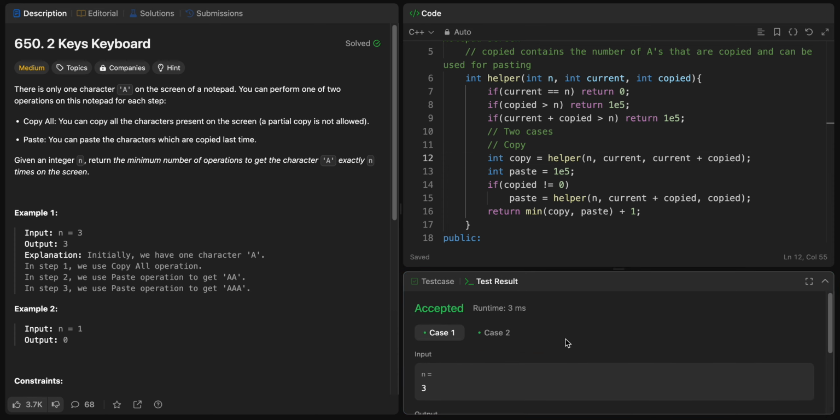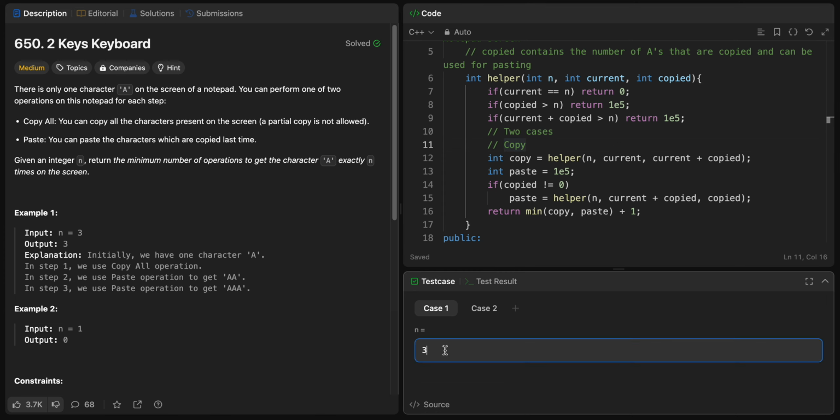Yes. So what's happening over here is, I'm just specifying that I have currently copied a number of characters, and if I perform the copy operation, then how many characters will I be having? That's current plus copied, right? So if I added 10 over here,